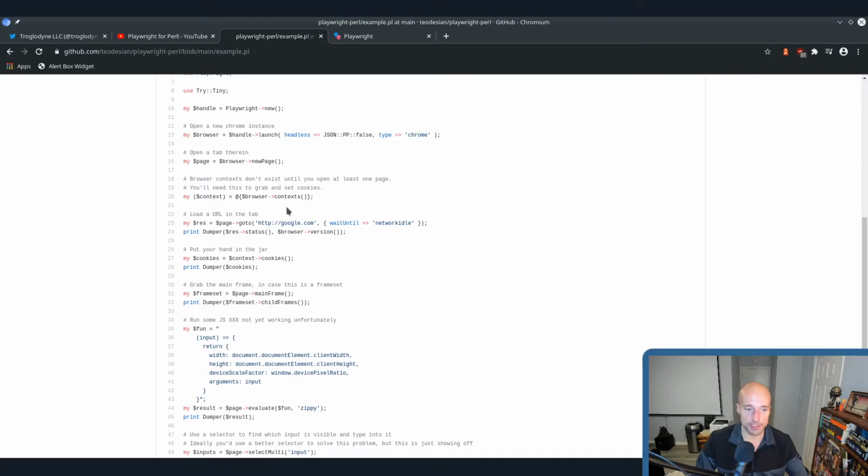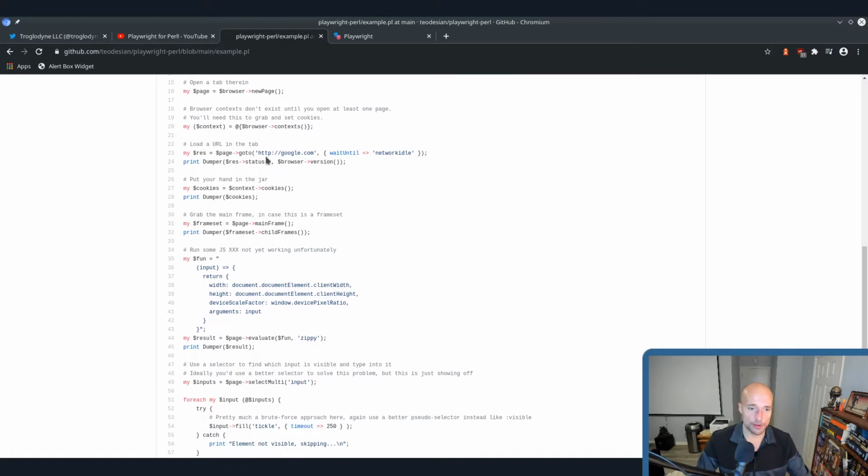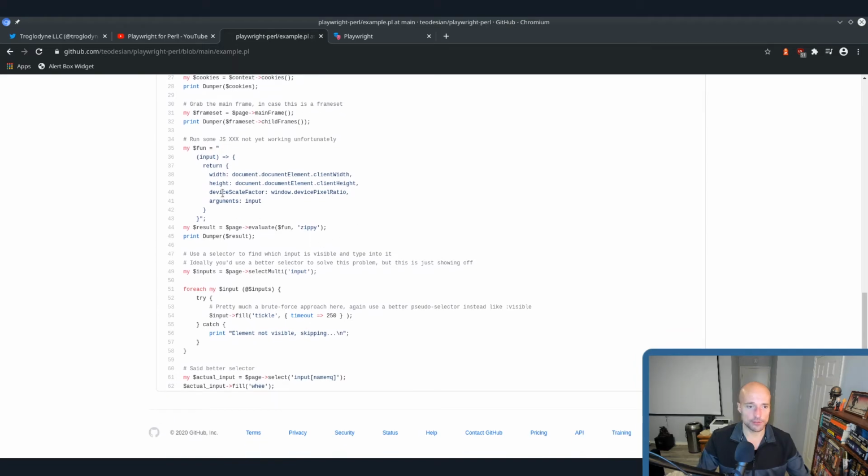on the Playwright site. And then you load a tab, and then you tell it when you want to wait until to actually operate on the page. And I've chosen network idle rather than the default, which I believe is load. And then I'm able to print the status, the browser version, grab the cookies, print those out. I can grab the frames if this is a frame set, which Google.com isn't, so it's just going to give